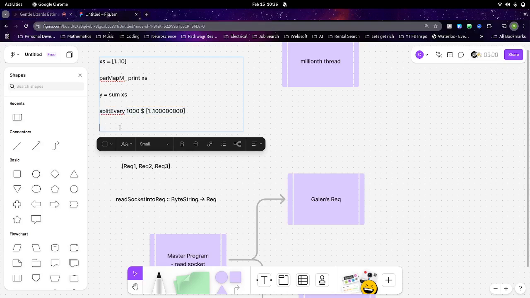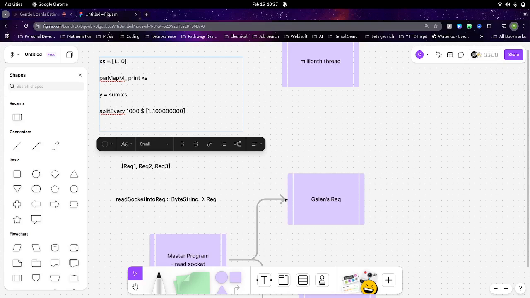The reason for it is: what is the overhead of forking a new thread? Is it quicker to just do everything sequentially, or are you going to gain speed by forking a new thread?